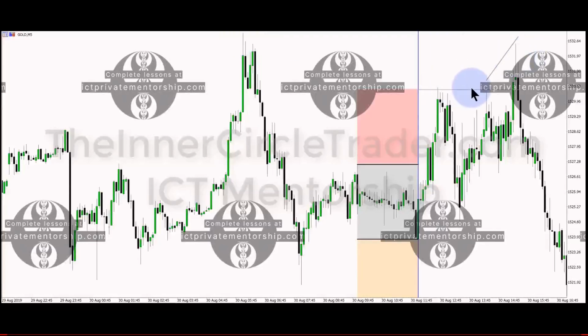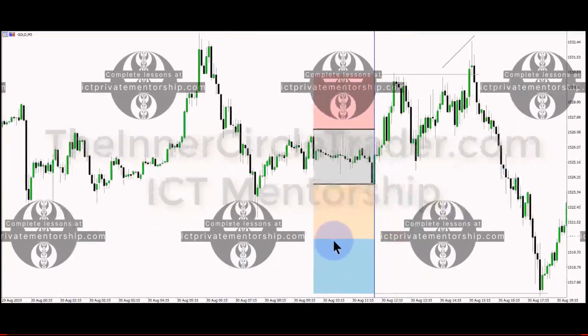Shorting above these equal highs or shorting at this standard deviation, either one, your target is below these equal lows, minimum. But below these equal lows, you have one standard deviation that takes us down to here. That would essentially take us below these equal lows and to a normal algorithmic deviation. So the standard deviation of this range, we have one projection standard deviation up and we have one standard deviation projection down. This is the specific price level you're going to look for below these equal lows. You take profits there and then leave something on